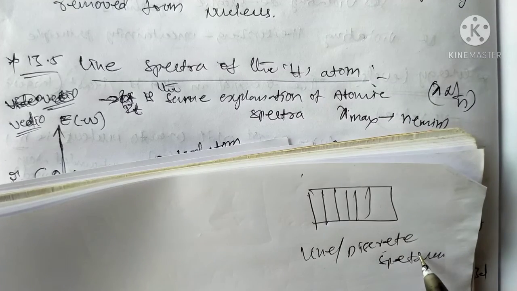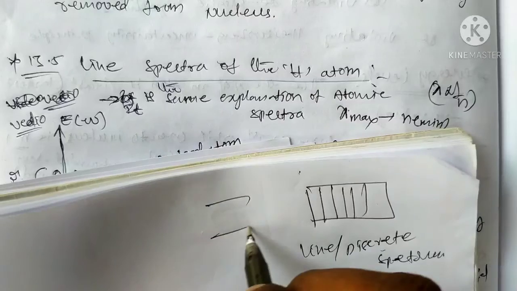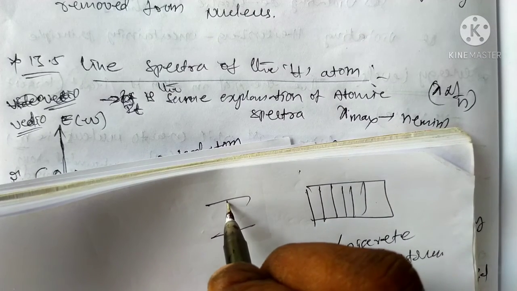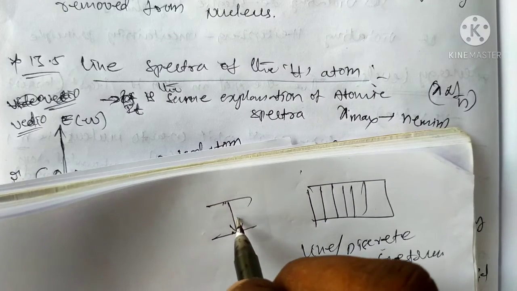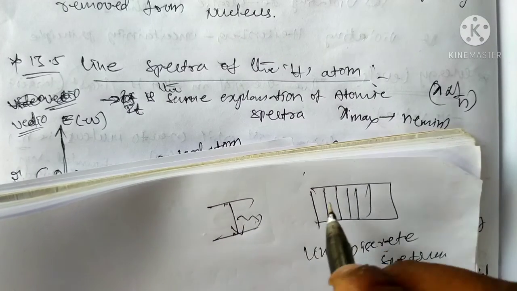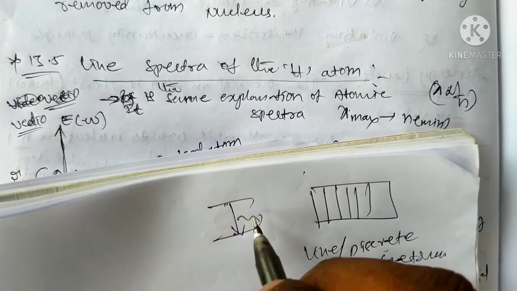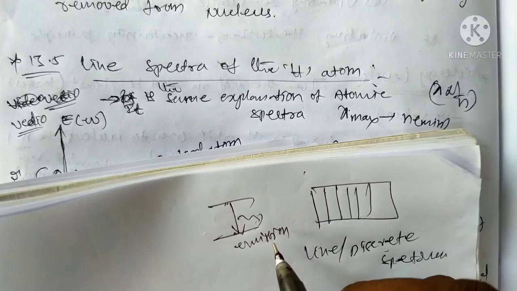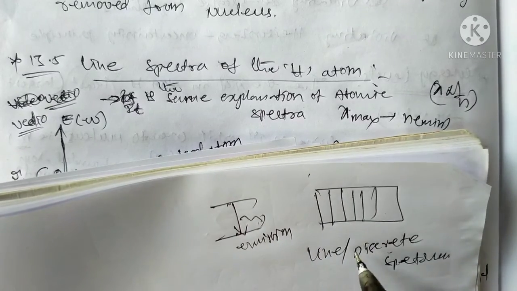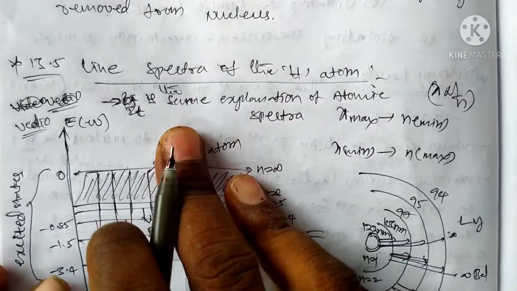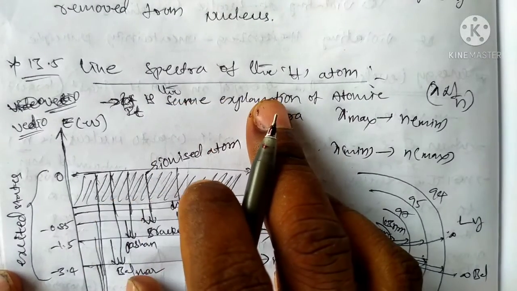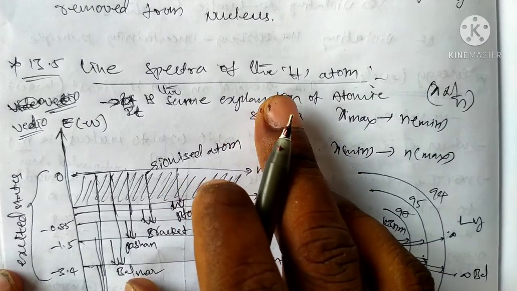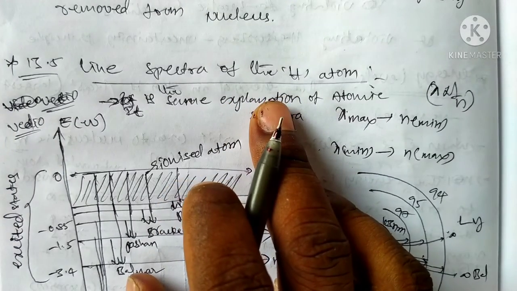In the case of atomic spectrum, emission means light, that means electron transition from higher state to lower state with emission of photon. That is how we get emission. This is the emission spectrum. We also get absorption. In the case of emission, we get the line spectrum. What is the spectrum in the case of absorption and emission? It is the line spectrum, the line spectrum of the hydrogen atom. It is similar to the atomic spectrum.